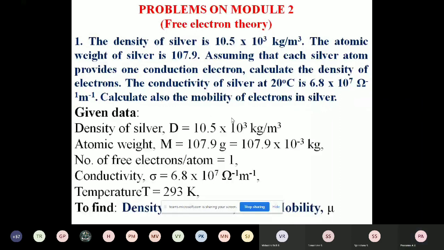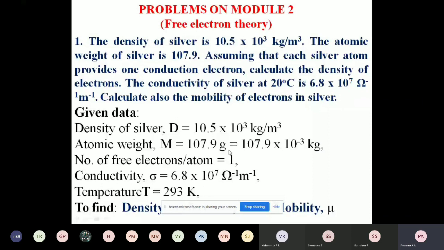So to ease you, I have listed the data given in the problem. That is, the density of silver is given. Atomic weight, sometimes called molecular weight, is represented with M. Usually it will be given without unit in the problems. You understand that it will be in gram and that should be converted into kg. It all depends on how we take the Avogadro number. Avogadro number is, for example, 6.023 × 10^23 molecules per gram mole. If it is 10^26, it will be molecules per kg mole. So depending on that, the unit will be taken. Anyway, when we go to solve the problem, you will understand better.